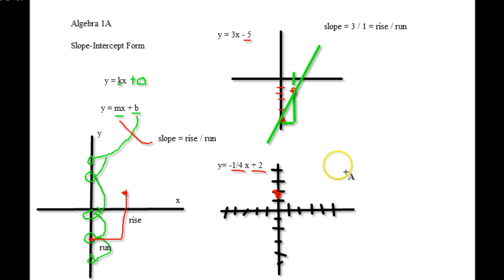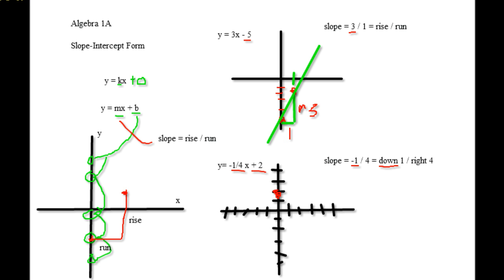So this one's going to be a little bit more interesting. Slope equals negative 1 divided by 4, which means I go down 1, and then I go to the right 4. And you always move the negative up to the top number just because it makes your job a lot easier to tell which direction you're going down. Like for example, up here we had 3, so that was positive, so that's why we went up 3